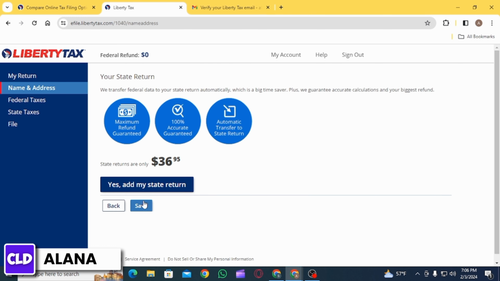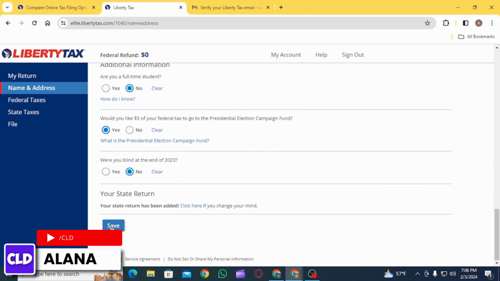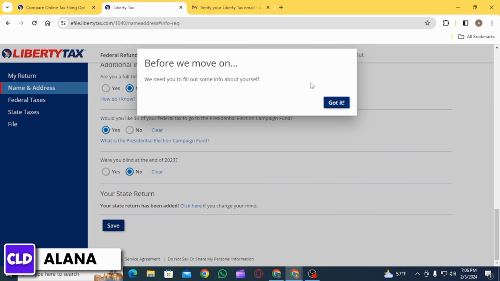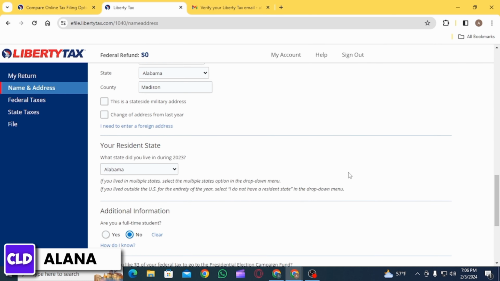the on-screen instructions. Once that is done, click on Yes, Add My State Return option and then click on the Save button here. Once you have filled up all the relevant details, your account will be set up, and that's